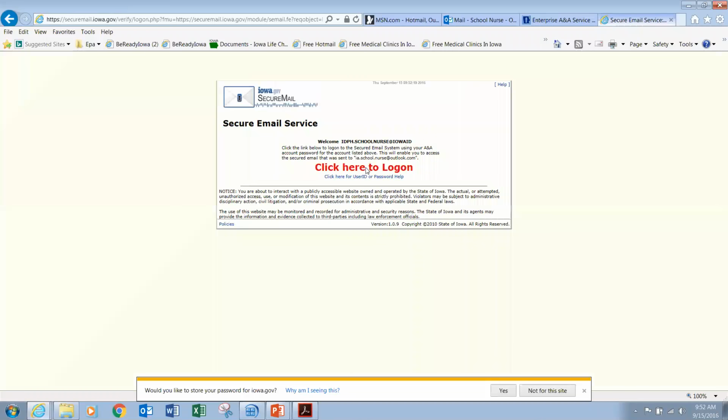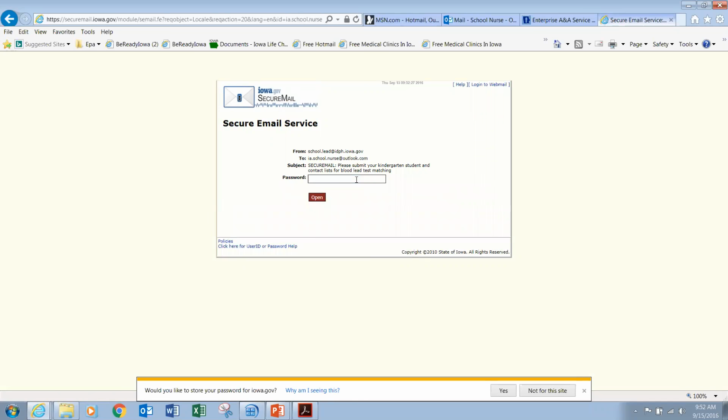Okay, now it's going to take me to a log on screen. This is the last step of the process before I log in. Here's my login. I use the same password that I just created.